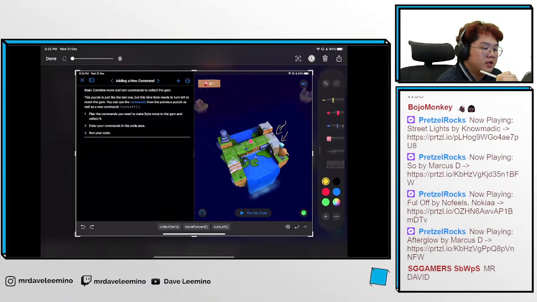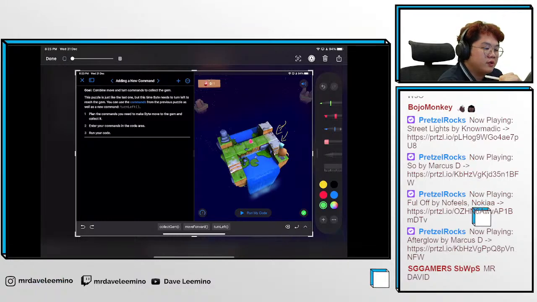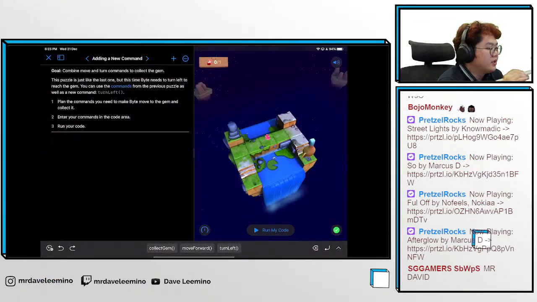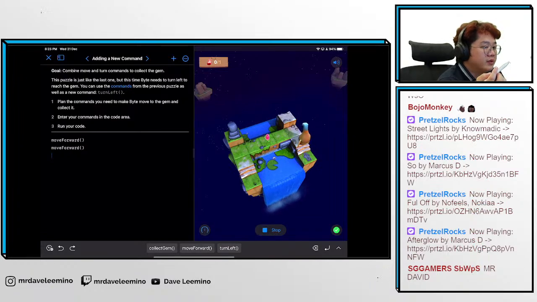So here is like 2 steps forward, and we can create an instruction for Byte to turn left, and then we can move forward 1 more time, and then twice to collect that particular gem right here on this particular area. So here, very simple, move forward, and to just try that out,